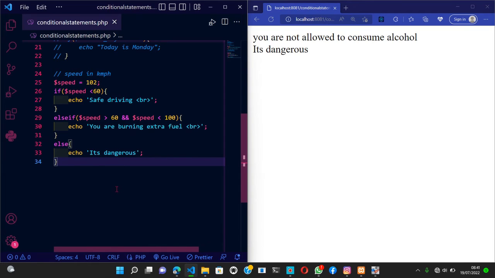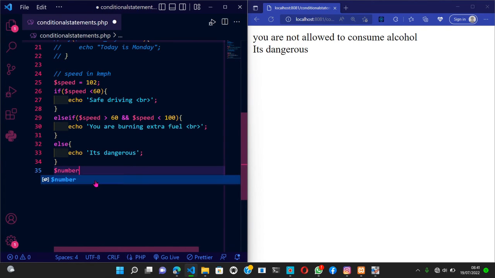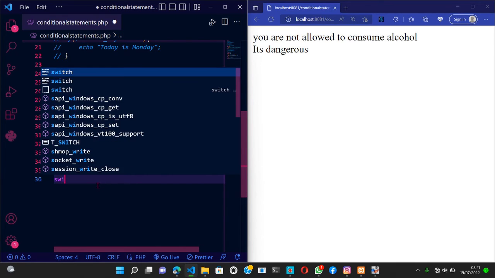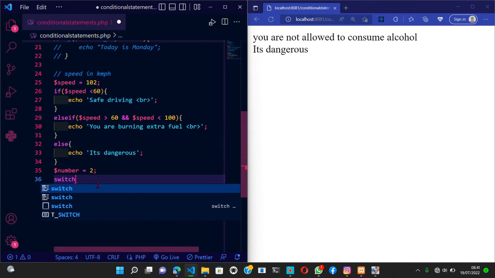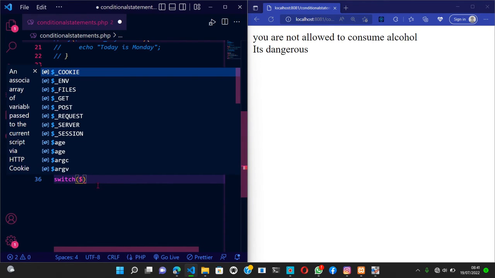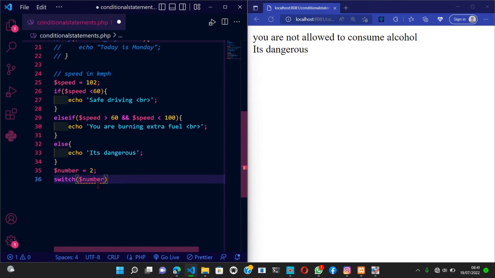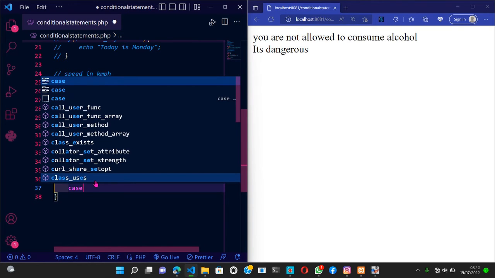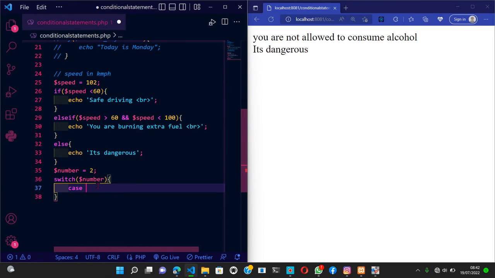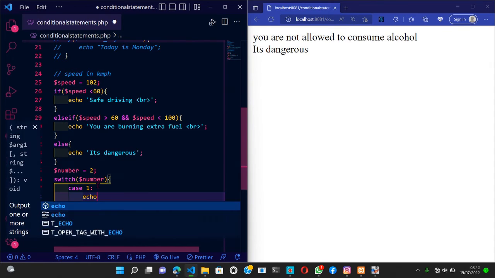Okay, so we're going to take an example. We're going to create a variable here for numbers. We're going to create the variable number is equal to 2, just like that. Then we're going to open our switch. This is how the syntax looks. Switch is a function. Then inside it we're going to pass a variable called number, just like this. Now we can start bringing out our cases. Let's say we're going to call case. This is the number one case, that if the number is 1. So what do we want to do? We want to be able to echo out and say